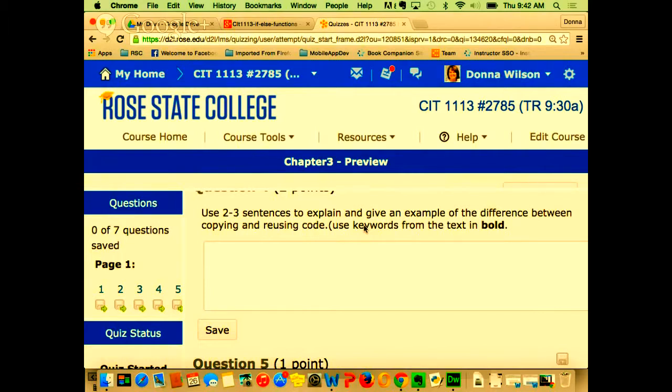What page was that on? So it didn't matter if it was bolded or not, or if you used all caps, that's fine, no problem. Okay, where's chapter 3? Chapter 3, and what I was trying to get at: in your book where it discussed the differences between copying code and reusing code, that should be at the very front of the chapter. Yeah, that's where it's got to be, because I said to use reuse code with functions. Okay.